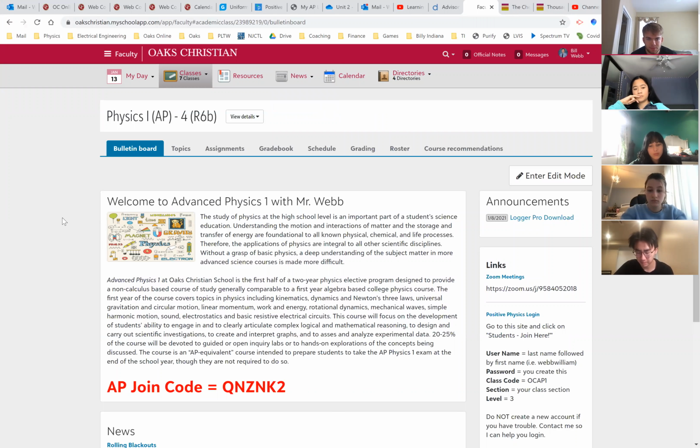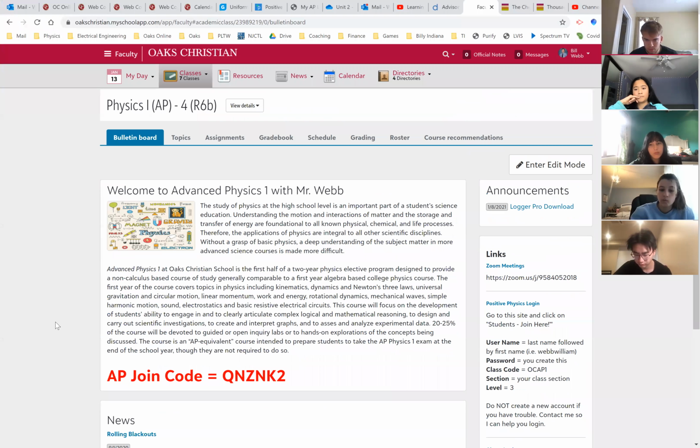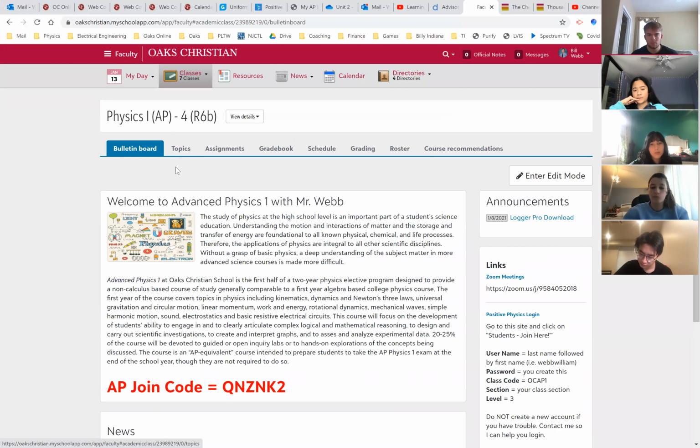I did want to let you know there are a few students that tried to download the Logger Pro and had trouble. I did get this updated. I contacted the IT department and reached out to Vernier, and we found improved or changed links for that. So this should work now if you want to download Logger Pro. Won't need it for the homework, but just thought about it coming to this bulletin board page. But to find the worksheet,